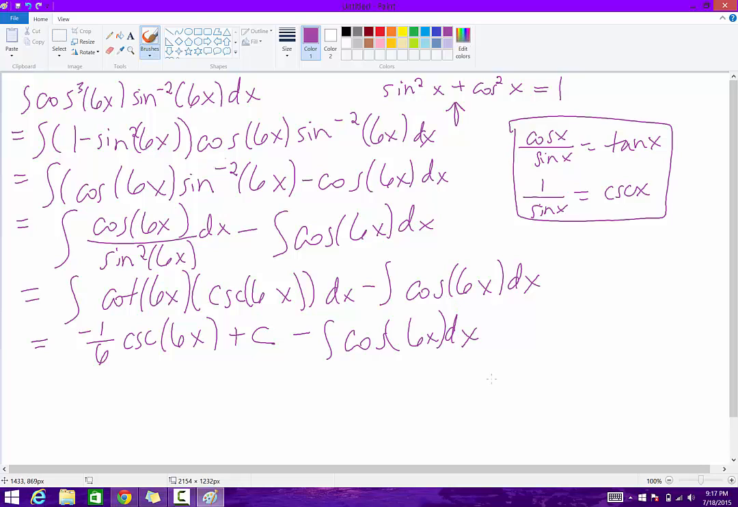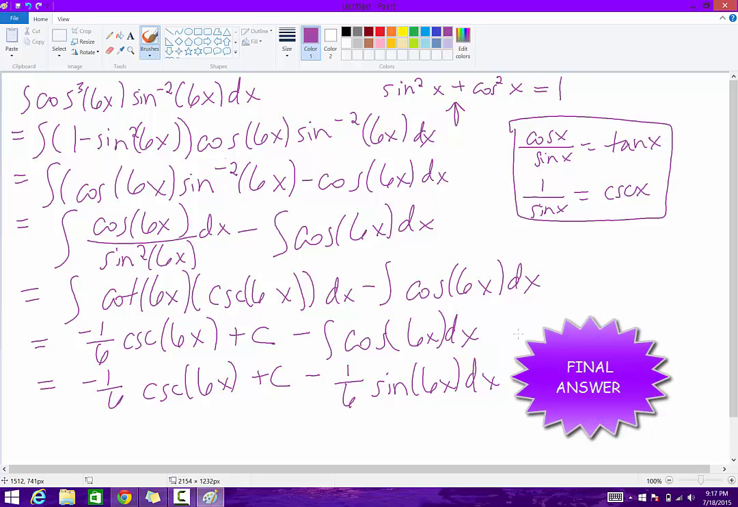Finally, we can evaluate the second integral to obtain the final answer. So this all becomes negative 1/6 cosecant of 6x plus c minus 1/6 sine 6x, because the integral of cosine of x is equal to sine x. So now we have